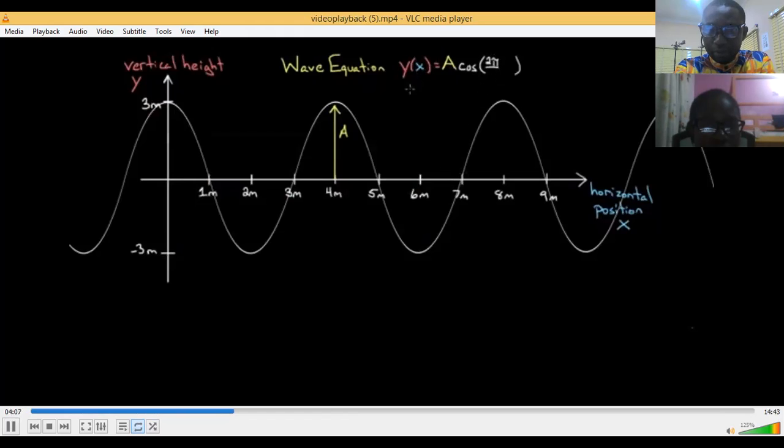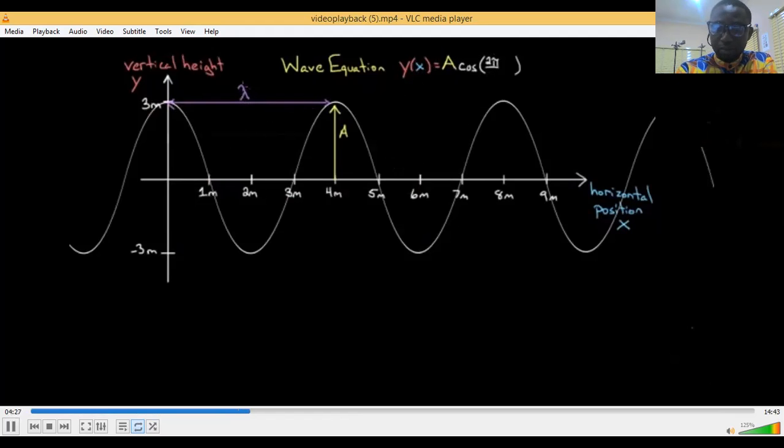This time, this is not a function of time, at least not yet. It's just a function of x. So this wouldn't be the period. This would not be the time it takes for this function to reset. It would actually be the distance that it takes for this function to reset. In other words, what we call the wavelength. The distance between 2 peaks is called the wavelength, and we represent it with this Greek letter